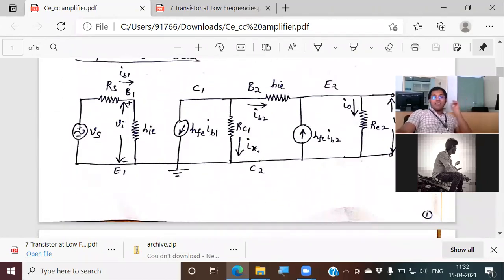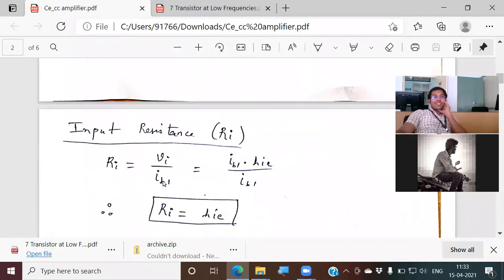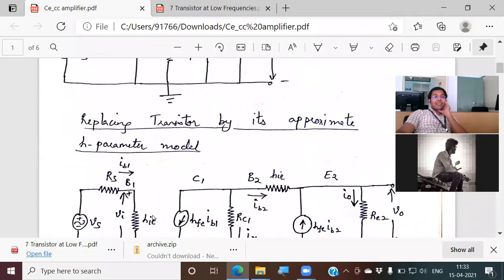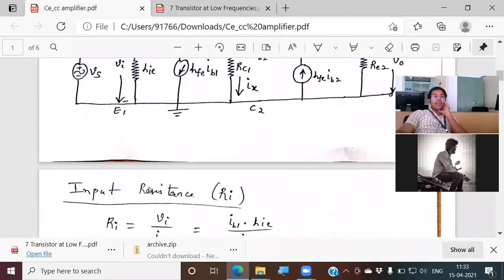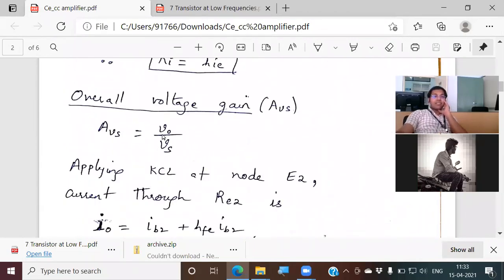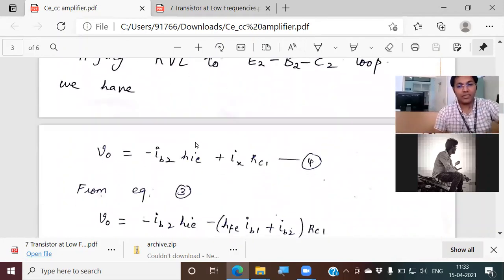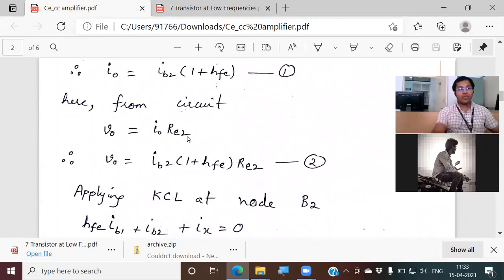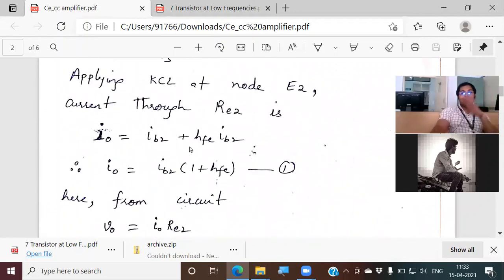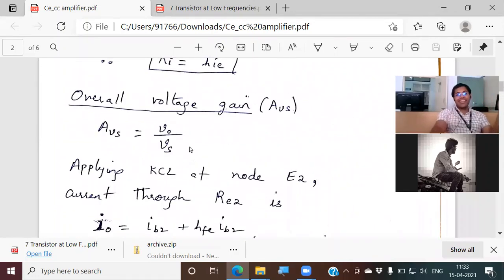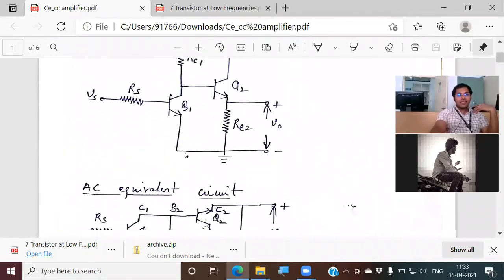All this we have seen in the previous class. Also, we analyzed input resistance, very easy, right? Directly you can see and tell. After certain calculations and steps of derivation, we obtained AVS. In the previous class we completed this also. AVS, how did we do it? We took it as V naught by Vs. We have seen this here.